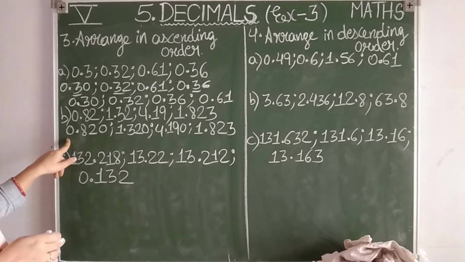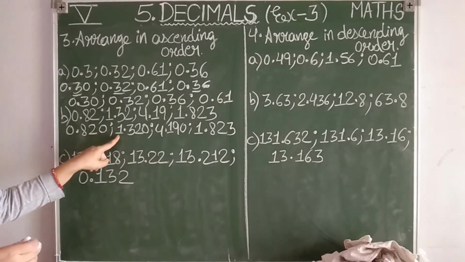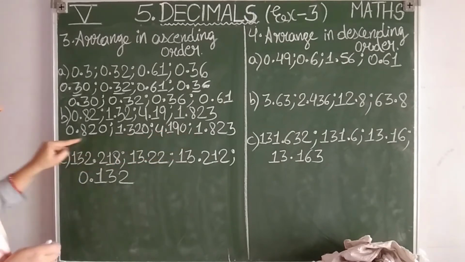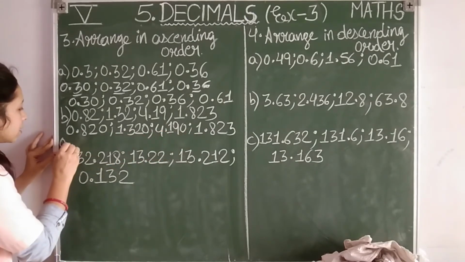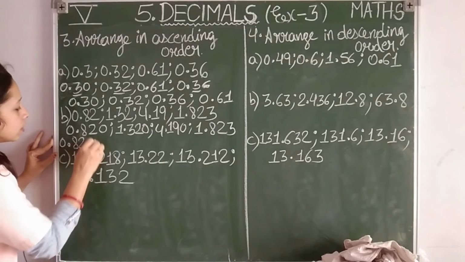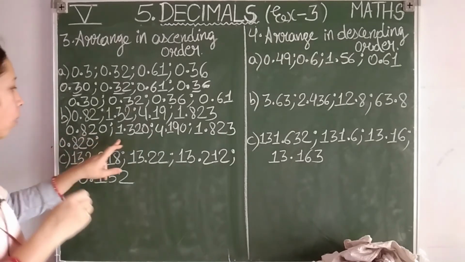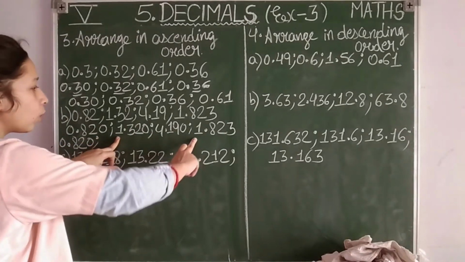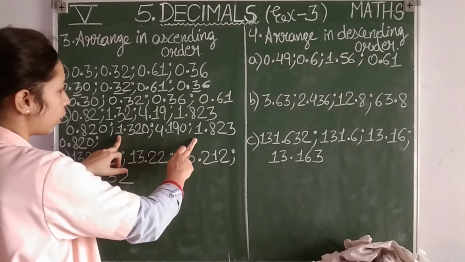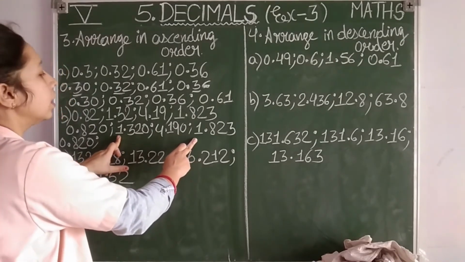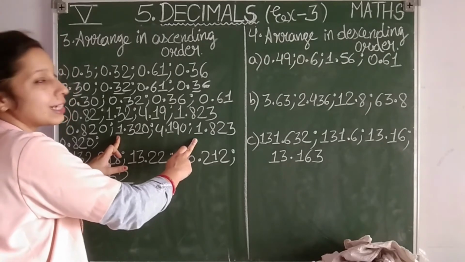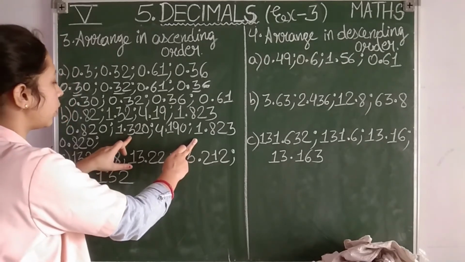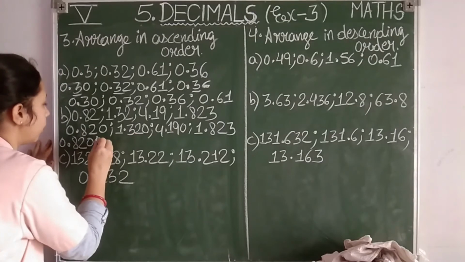Check the whole number place, which is smallest. Here it is 0, here it is 1, here it is 4, here it is 1. So this one is the smallest, so I will write here 0.820. Okay students, now 1 and 1. Here you can see the whole numbers are the same, 1 only. That's why I moved to the tenths place. The decimal number with the smaller tenths place will be smaller here. So here 3, here 8. That's why this will be smaller.